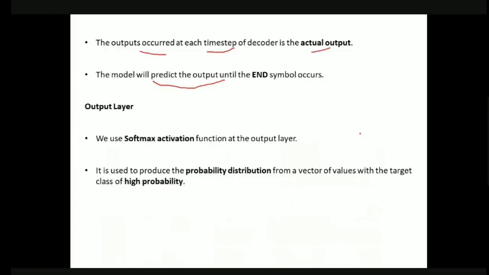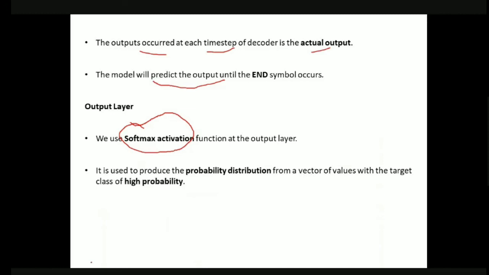Next, coming to the output layer. Finally, we pass all these things through the softmax activation function. We already discussed in previous classes that we use the softmax activation function for probability distribution.